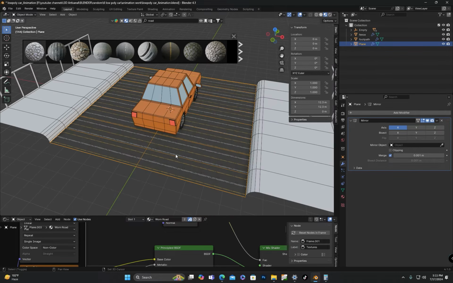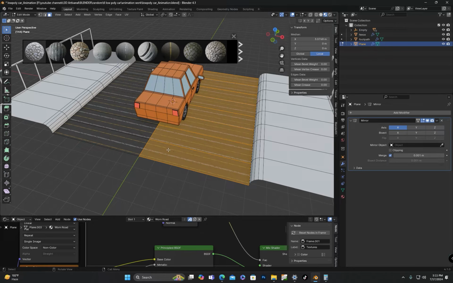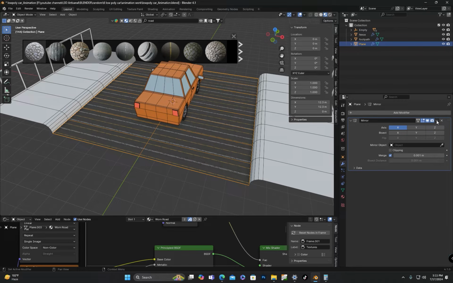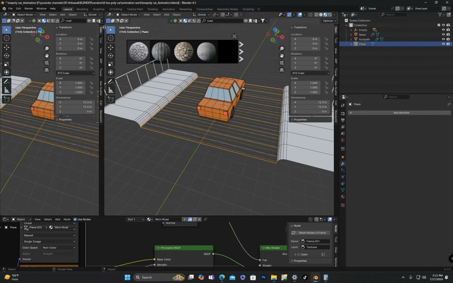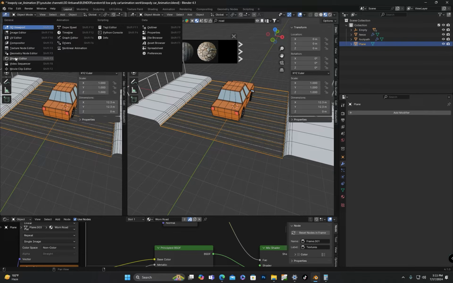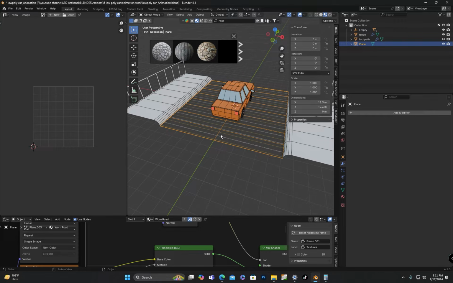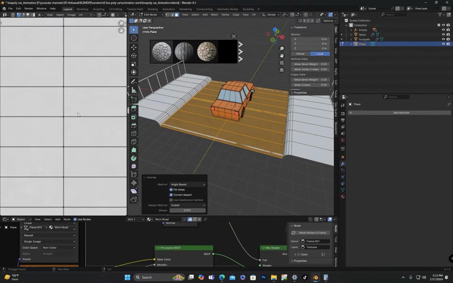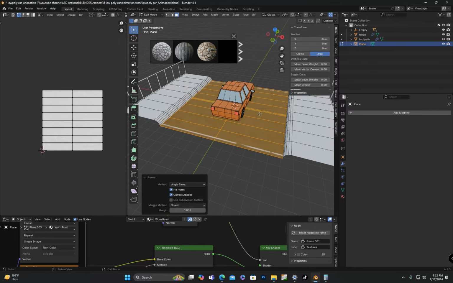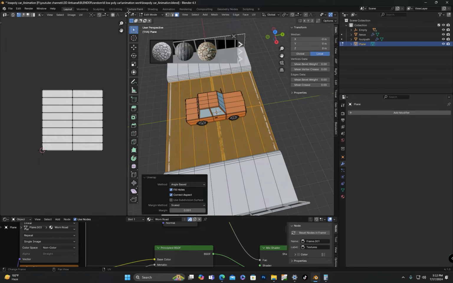The tiling of the road texture on the plane is not correct. First I will apply the mirror modifier, then I will unwrap it. I will open a new window and open the UV editor in it. In edit mode, I will select all faces of the plane and press U to unwrap them. After unwrapping, the texture should align properly on the plane.